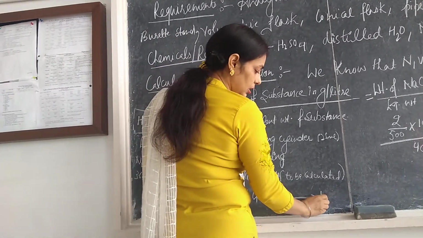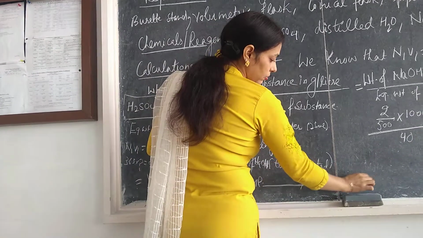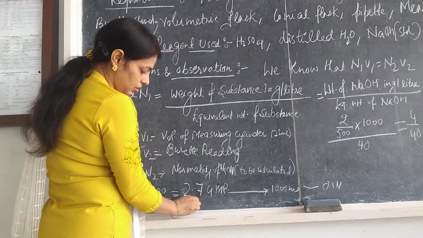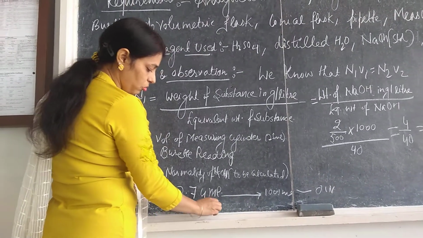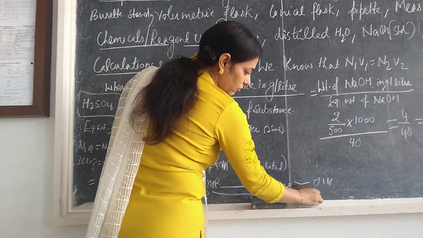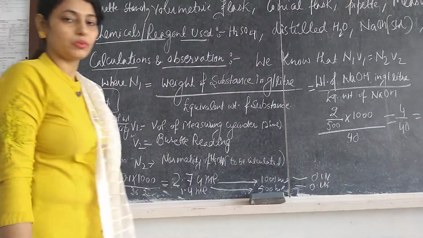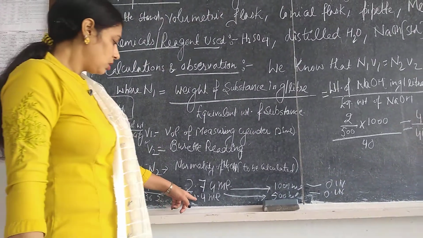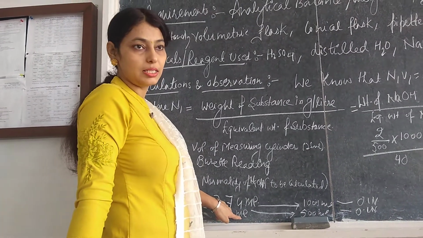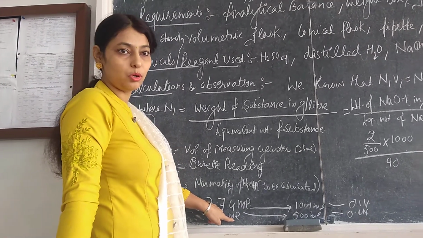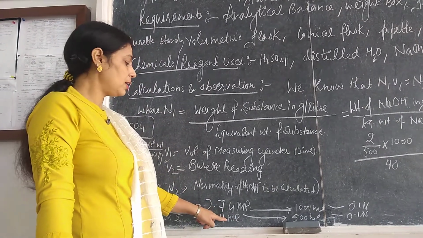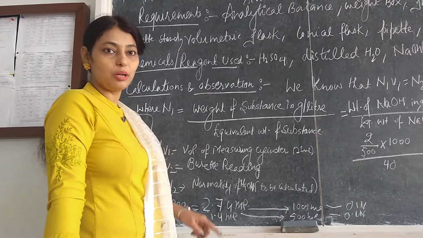When I dissolve it in 1000 ml it gives your 0.1 normal solution. If I halve the quantity, this is approximately 1.4 ml. If I am taking it in 500 ml, it also gives your 0.1 normal solution of H2SO4. This is the procedure. Dissolve 1.4 ml of concentrated sulfuric acid in approximately 300 ml of water. Then continuously shake it and make up the volume up to the 500 ml mark in the volumetric flask.